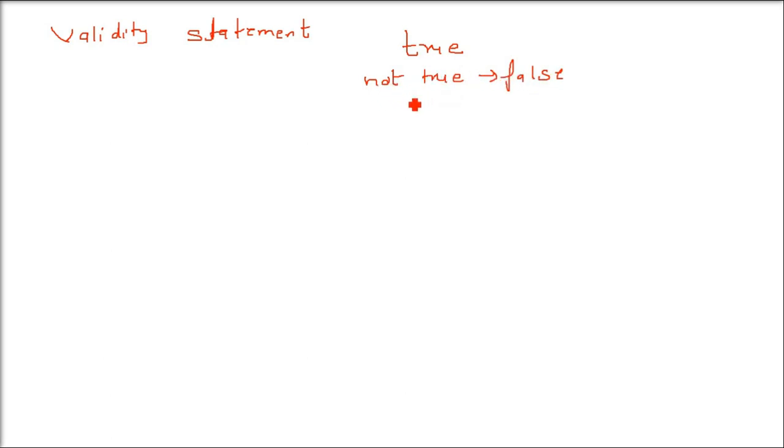But this totally depends upon which of these special words you are using, like 'or' between two statements, or you're using 'and', or which of the implications you are using. Implications we learned last time: if then, if and only if.